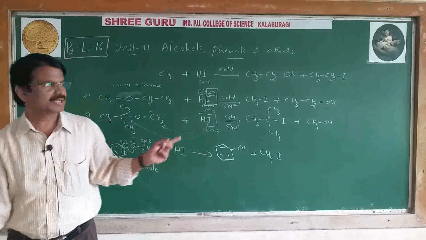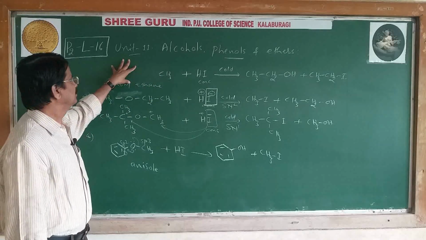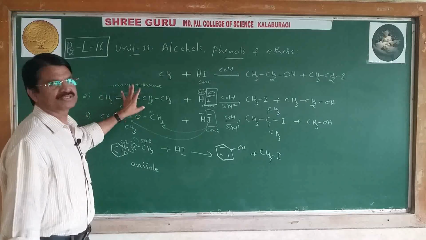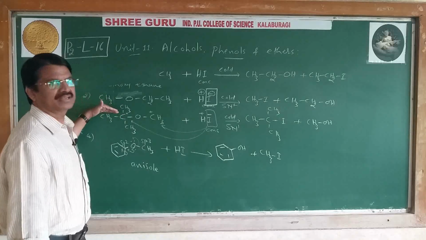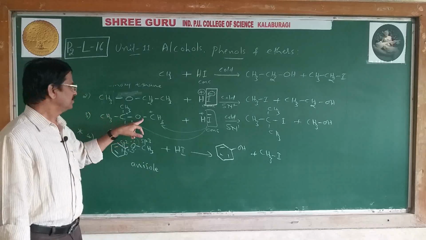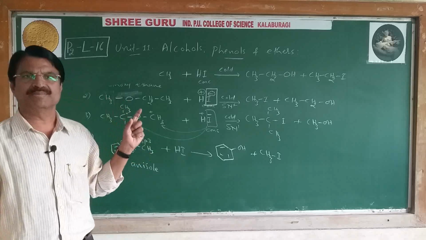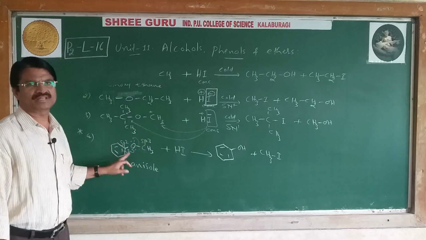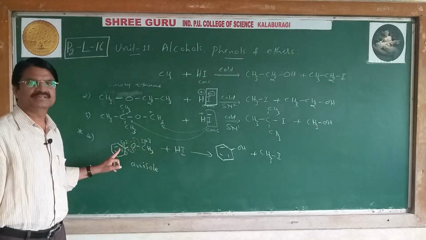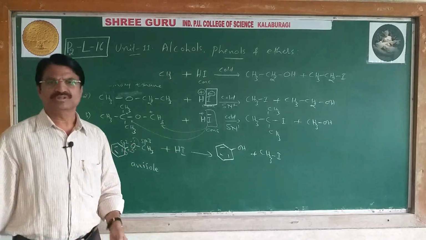But when it undergoes SN1 or SN2, remember, if it is a symmetrical ether, ethyl-ethyl or methyl-methyl, that can undergo the SN2 mechanism. Methyl-ethyl also undergoes the SN2 mechanism. But if there is a secondary or tertiary alkyl group in the ether, then they can follow SN1 since there is formation of a stable carbocation. Next, in the case of anisole or an aromatic ether, I minus gets linked with the alkyl group, not with the benzene ring, because the C-O bond is a strong bond, and that bond cannot undergo breaking.